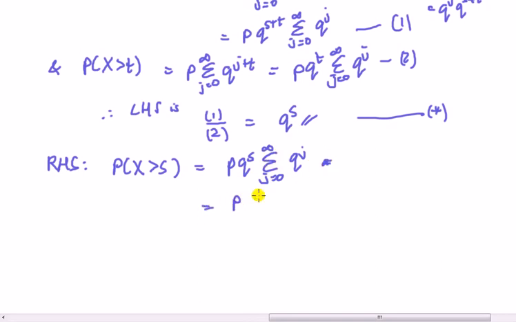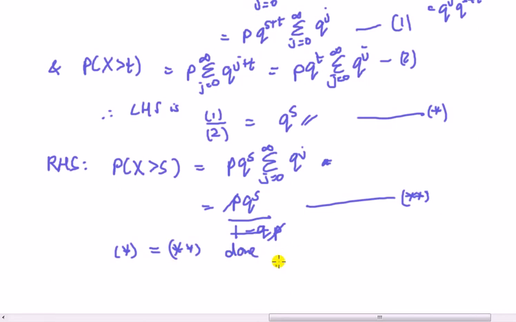This is an infinite geometric progression, and it works because q is less than 1. So this is going to be 1 over 1 minus q, like so. And then what do we say? But 1 minus q, 1 minus the probability of failure, is the same as the probability of success. So in other words, it's the same as saying p. The p's cancel. Call it double star. Star left hand side equals double star, done. Now